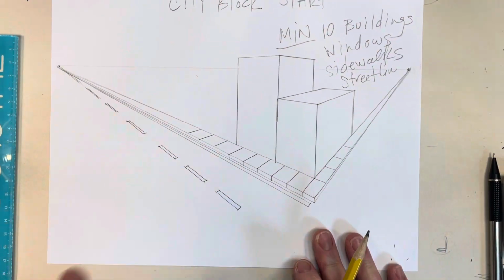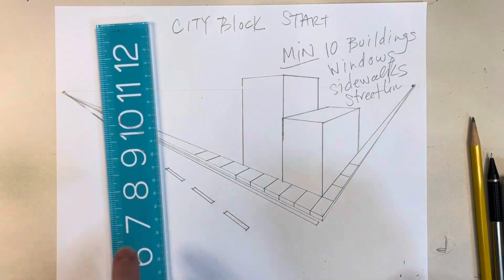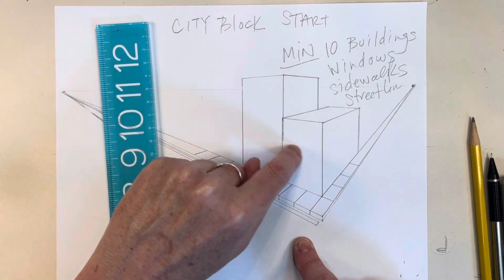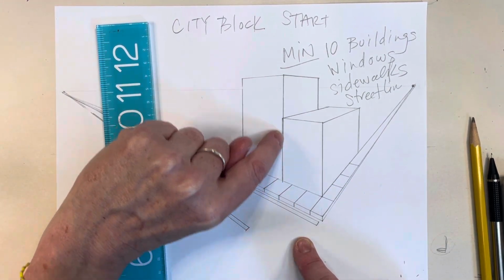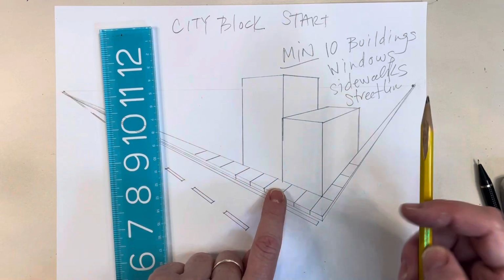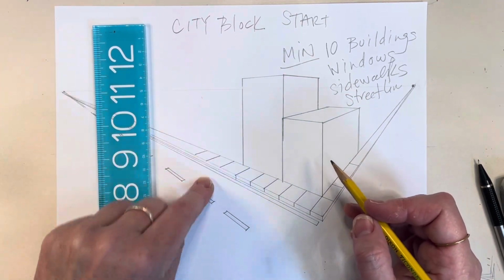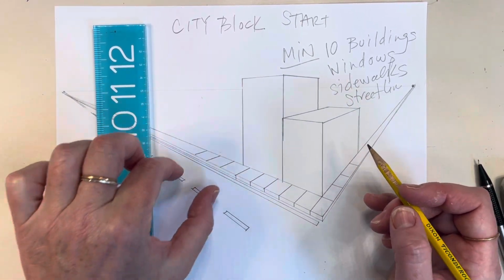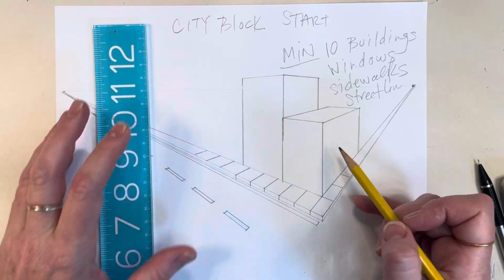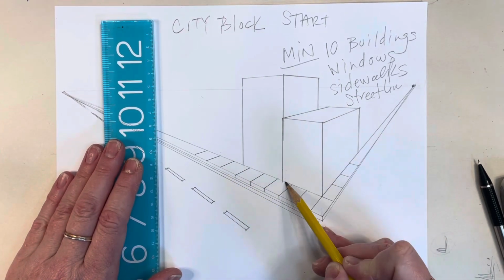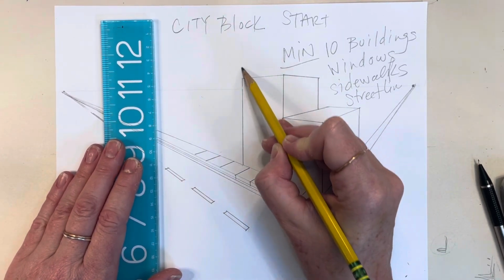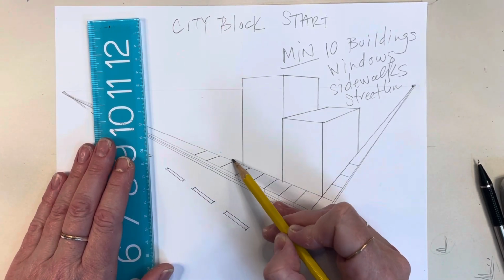Oh, let me show you how to do an alley really quick, and then I'll do another video. Okay, so when I drew this building right next to it, they shared that line, right? So if I want it to look like there's a little alley, or you could even put a street there or something, but there's basically a space between the next building. So instead of them sharing that line, they would share this. If I put another one right next to it, I'm just gonna skip a little bit of a